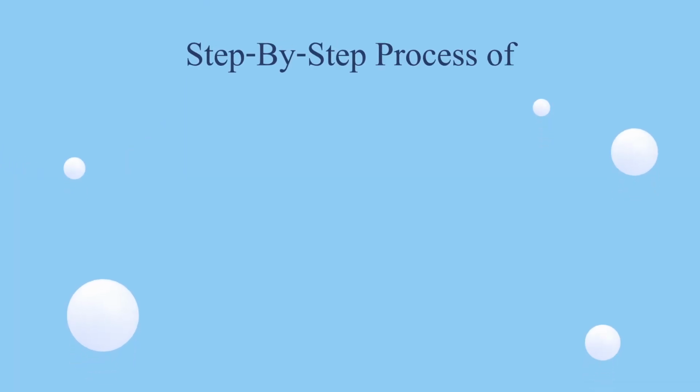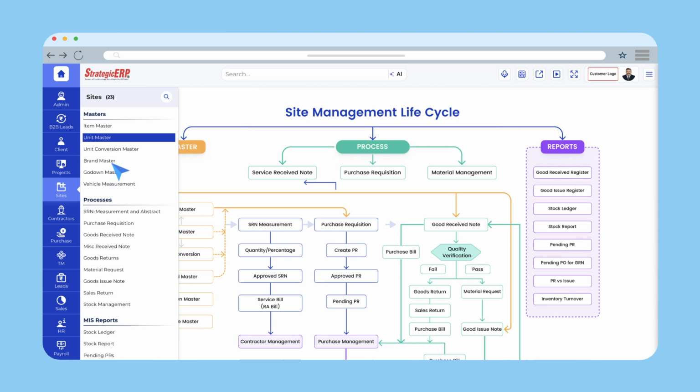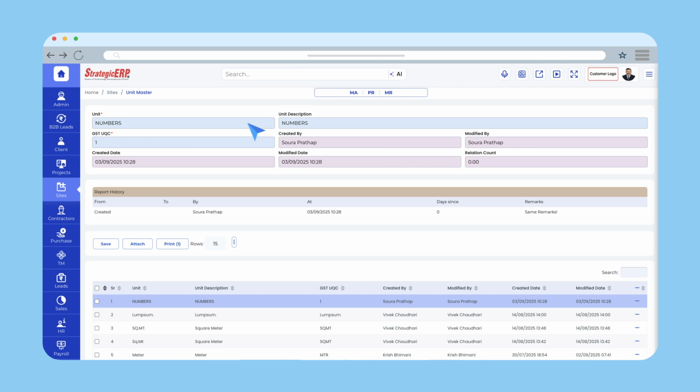Let us understand the step-by-step process of creating a unit in Unit Master form in StrategicERP. Navigate to the Unit Master form under the Sites Management module. Enter the unit name. This is the name used to measure your resource type, for example, lump sum, cum, or